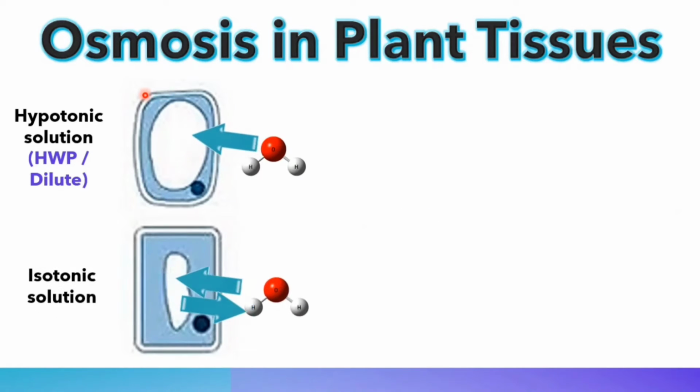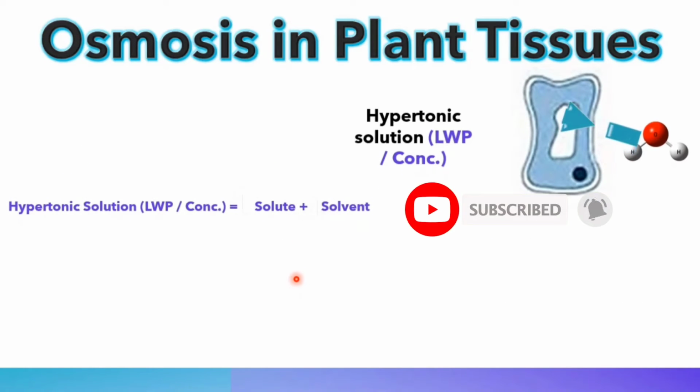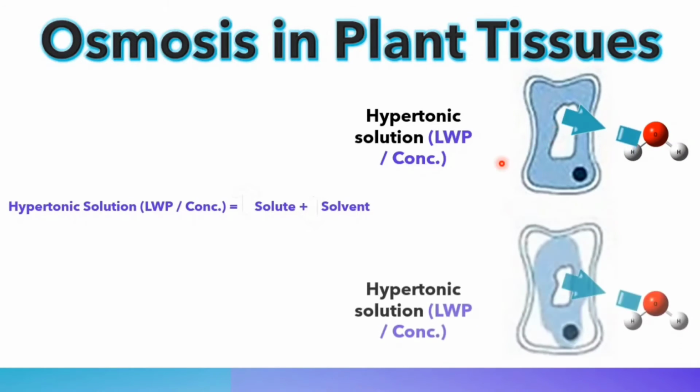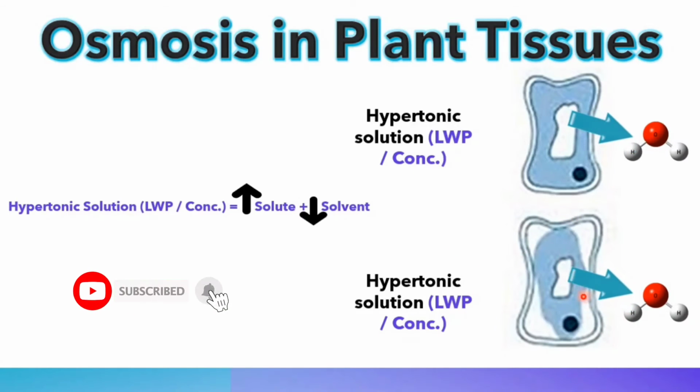When you keep the plant cell in an isotonic solution, the cells remain the same because the cells and the beaker containing the solution have equal concentration. When you keep the plant cell in a hypertonic solution, which means a concentrated solution, the beaker has less water. So what happens? Water from the plant cell leaves and the cell turns flaccid. Okay, so this is a plasmolysed cell. Here you can see that the cell membrane is detached from the cell wall.